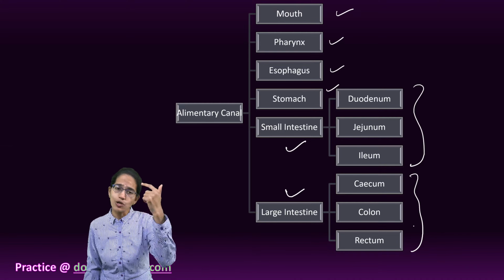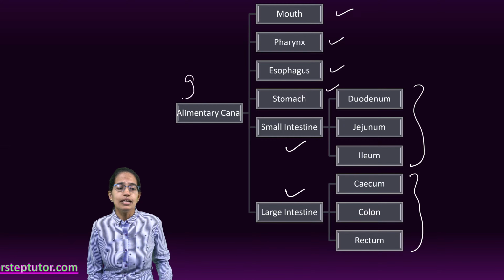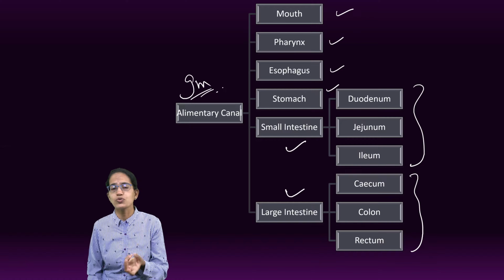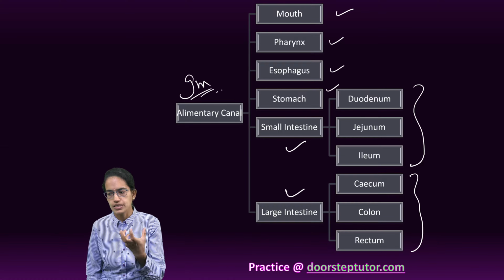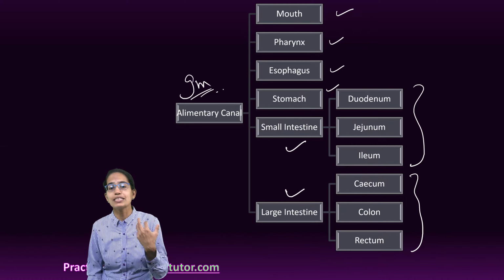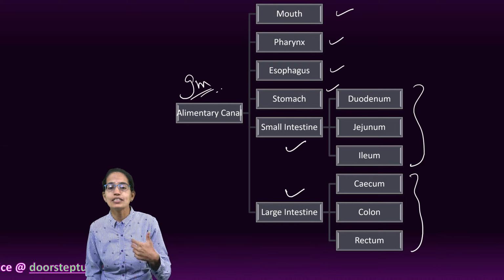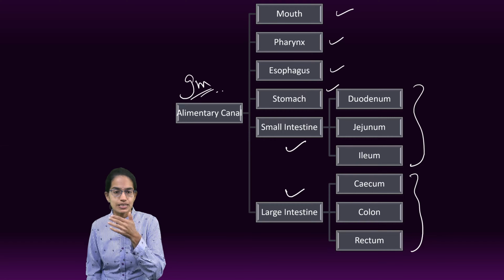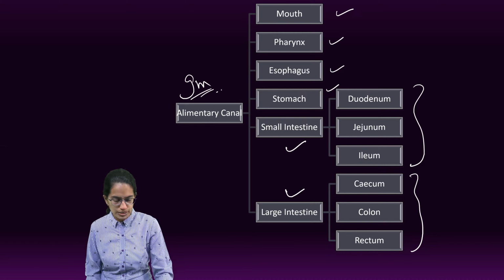Now, if we focus on the whole of the alimentary canal, it is somewhere around 9 meters long. It is muscular, coiled and structural. Through the esophagus, the food moves through the peristalsis movement, that is, regular contraction of the muscles. And for this digestion to take place smoothly, there are various digestive glands. The common digestive glands are the salivary glands, pancreas and liver, which we will focus on as we proceed.